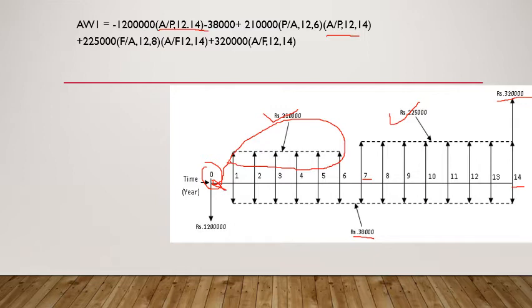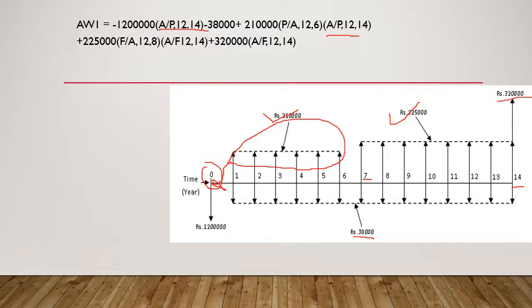If at all I convert that into P, it will be at 6, then that to T is equal to 0. I need to use 2 steps. Instead, what I can do, I can straight away convert that into F because its last flow is on n is equal to 14, t is equal to 14. So that is why I can directly convert that into F.